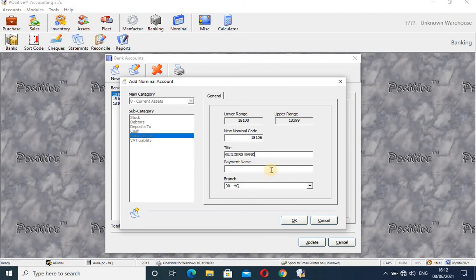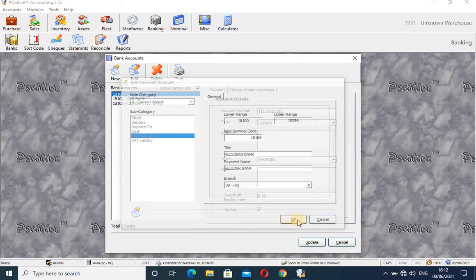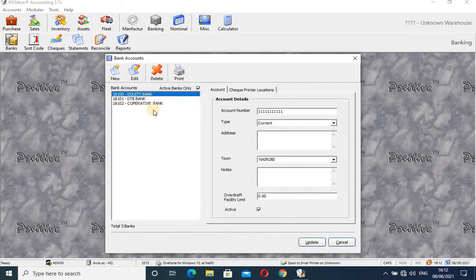Gildas Bank title, and then I will say payment. Also, I will just put Gildas Bank. Okay, and then say okay. So once I've created that Gildas Bank, if I remove this tick because it's not activated, you can see there